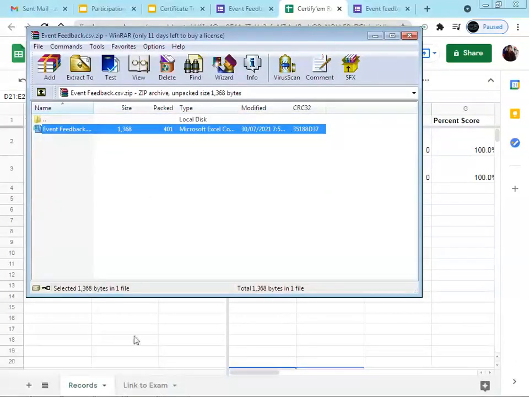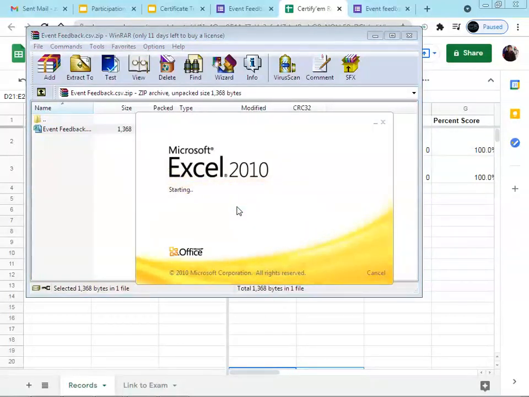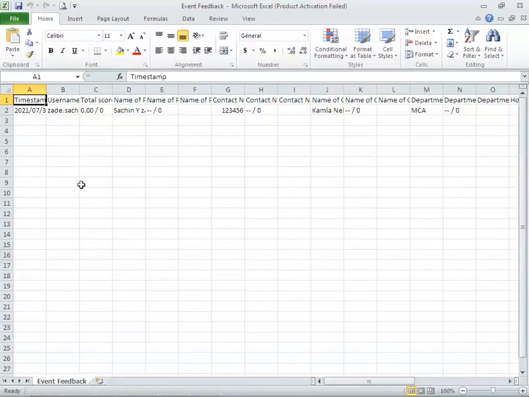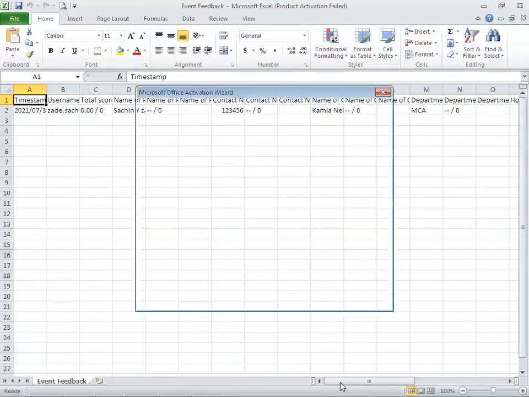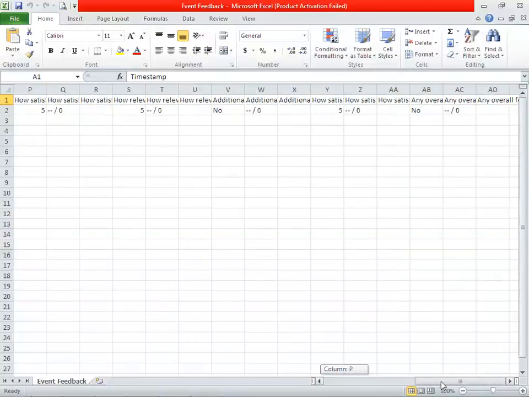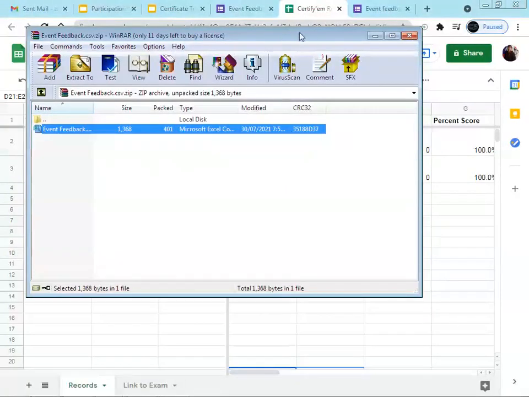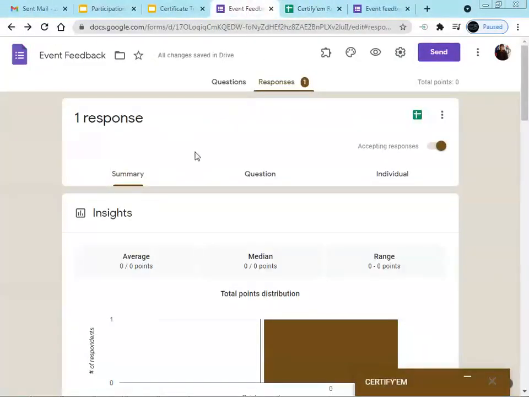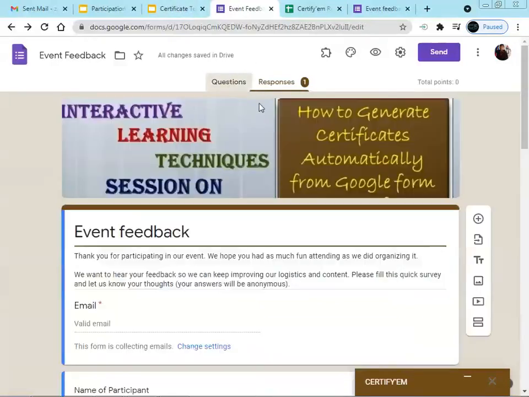If we open the particular file, we will get the information regarding all the fields which we have in the Google form itself. This is the other form in which we enter all the details, and all the information entered in the Google form is stored here.